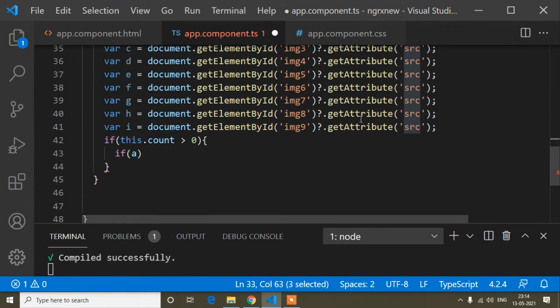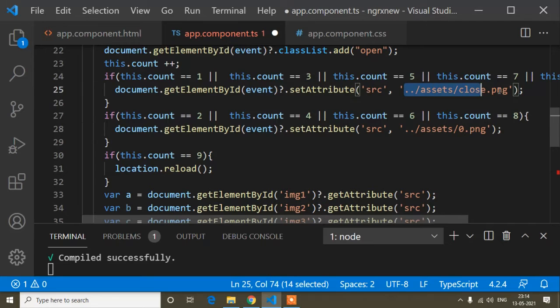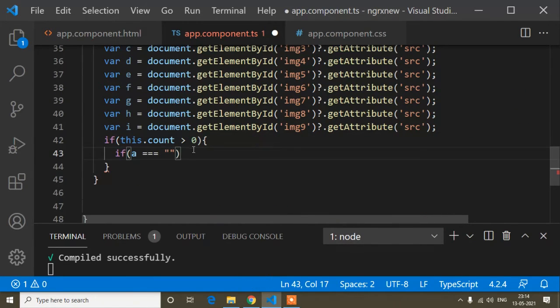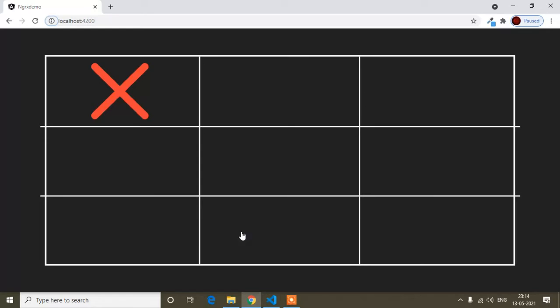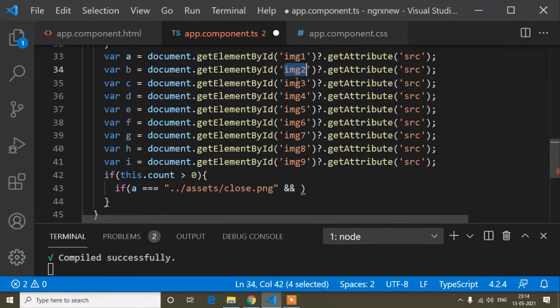So A triple equals to, okay, so equals to here, just I will check this, and after that here you can see all the image IDs serial wise I have stored here, also serial wise A